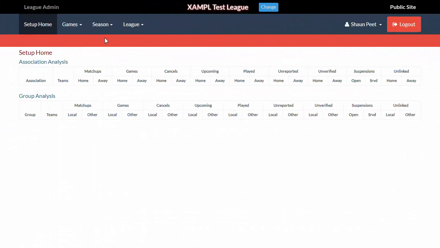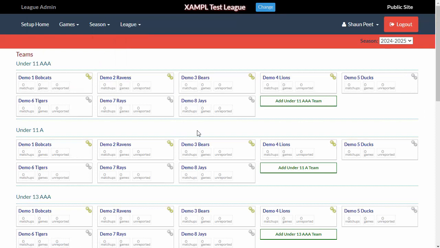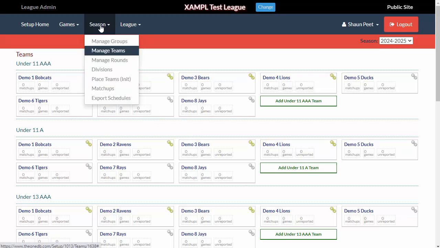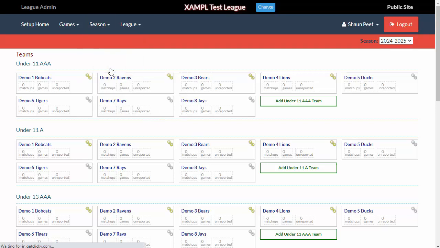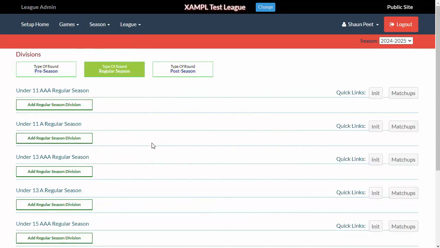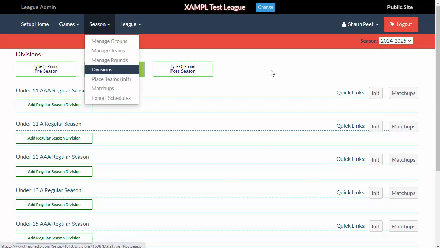Now, earlier in our season, we had set up our teams, and we have, in this particular demo league, 8 teams in every age group. So generally, those divisions are not going to be something that would be created. But let's just assume that for our regular season in the under 11 AAA, we want to create a division of East teams and West teams. Now, there's only going to be 4 in each, but to create those divisions on the season manager or divisions